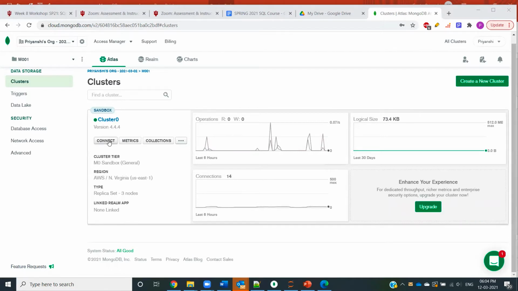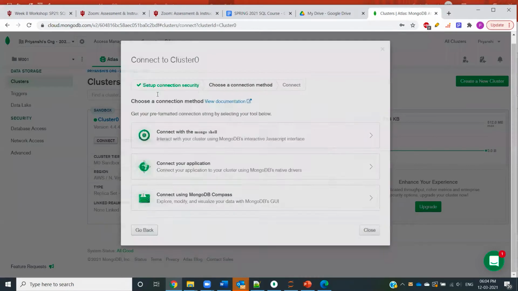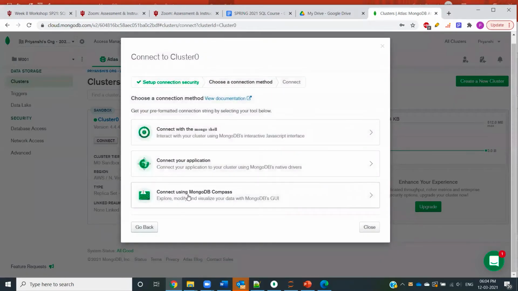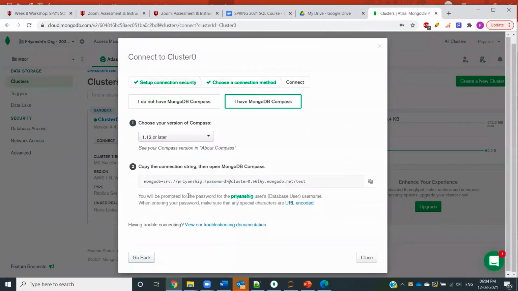I'll connect and select the option called connect using MongoDB Compass. Once I go here, I'll be able to see this string, which is the connection string that I'll put under the parentheses of MongoClient. But one thing vital over here is that the password is not given.